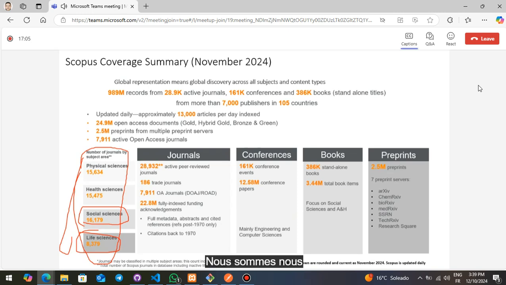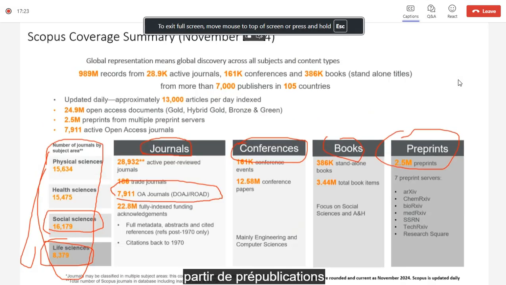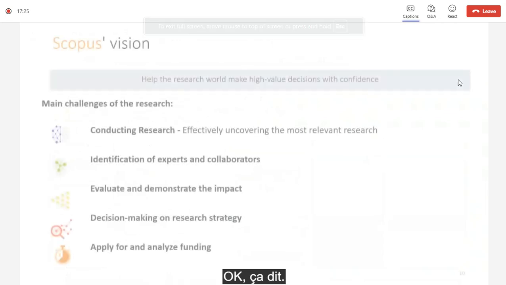We have almost 8,000 open access journals. We collect information from journals, from conferences, from books, and we are already collecting documents from preprints. Okay, saying that,